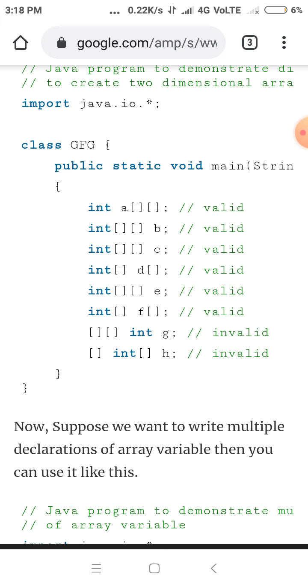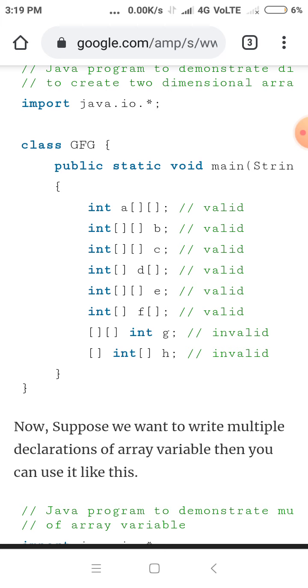Then the next one, int [][] with both square brackets and then the name of the array, is also valid. Again int [] a [], first bracket, name of the array, second bracket, is also valid. Now which declarations are invalid? If before the data type you give 2 square brackets and then the data type and name of the array, that is an invalid declaration of a two-dimensional array.